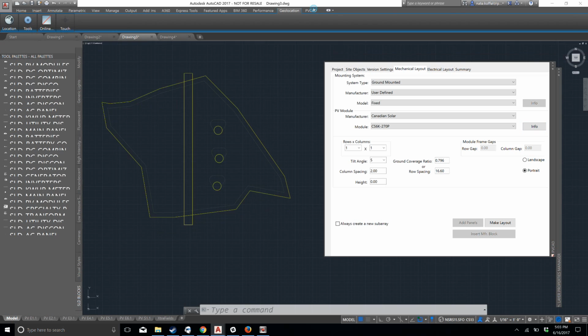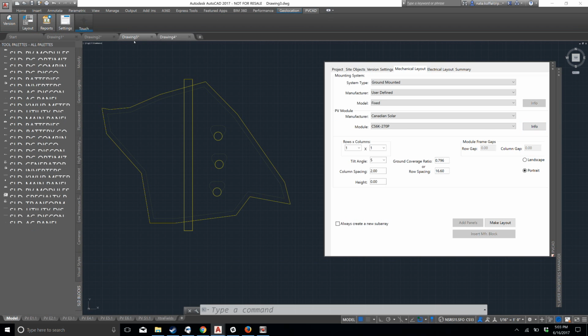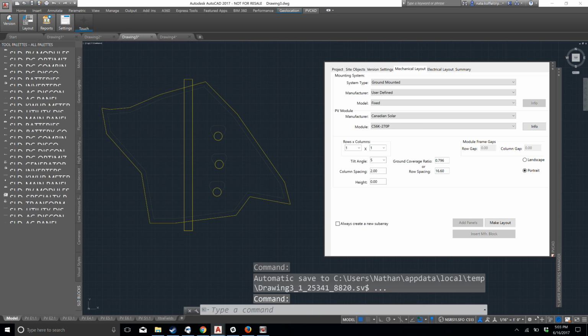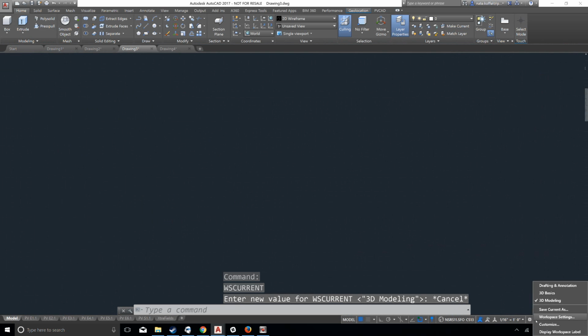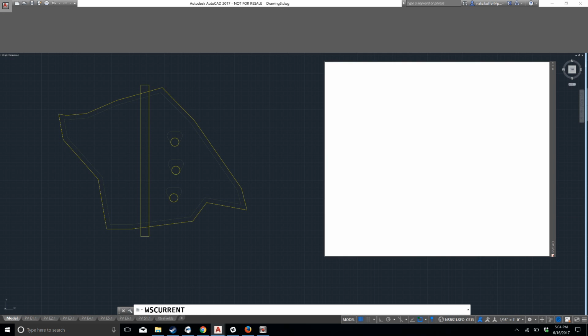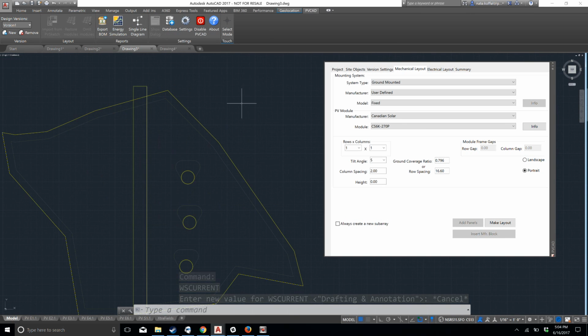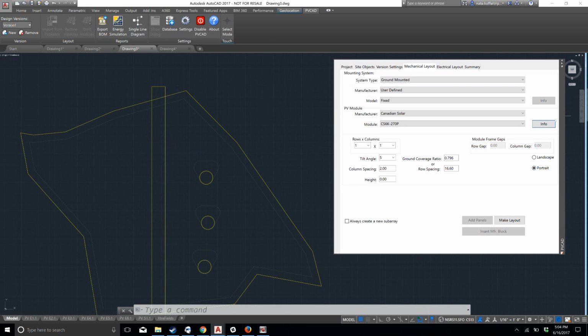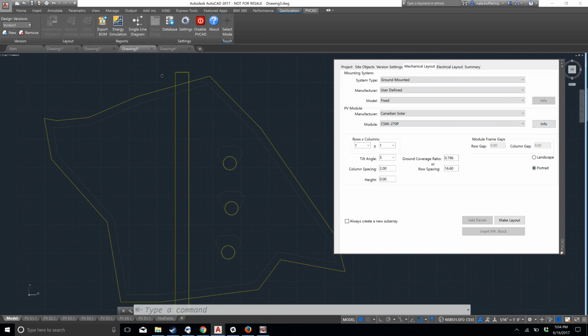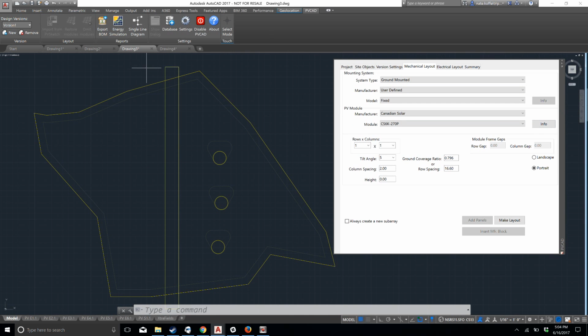Or if you click on the PVCAD tab, oh, it just changed views on me. So this is another view type in AutoCAD. If I want to change it, this is what you do: you can flip it from 3D modeling and then back into drafting and annotation to send it back to the default setting, which is how I like it, and then you should be back in this view. But it'll work fine in either view. It just is personal preference as to what type of layout you prefer in AutoCAD, and if you're an AutoCAD user, that's something you're probably very familiar with. So moving along,